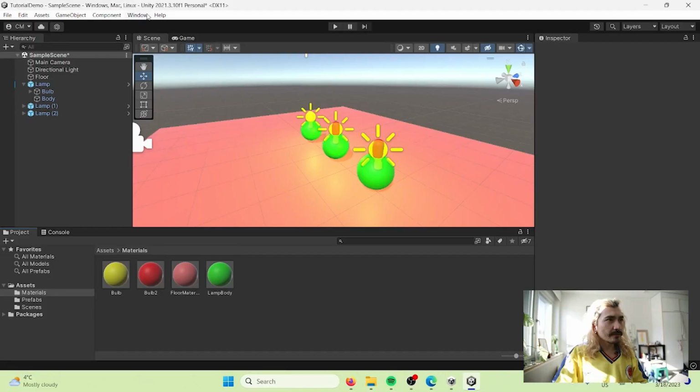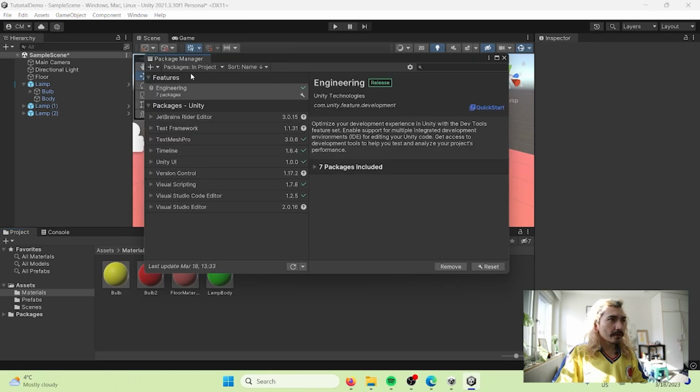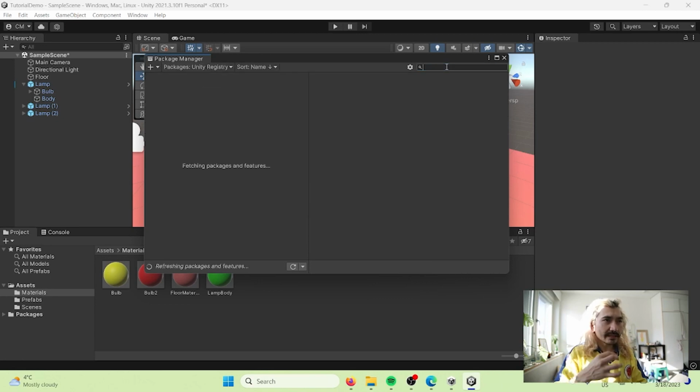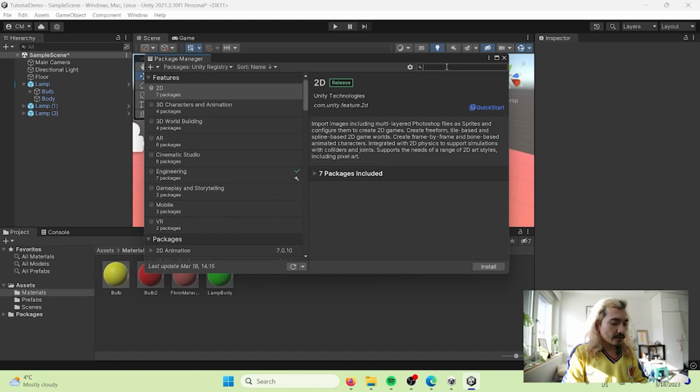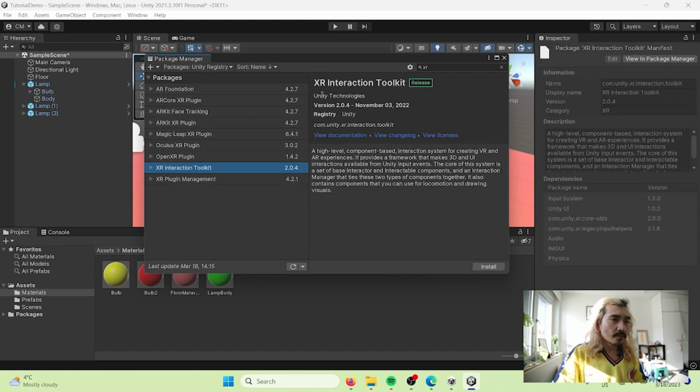Here we are in Unity. The first thing that we need to do is go to Window, go to Package Manager, go here to Packages. We need to go to Unity Registry, look for the packages that we'll be using. In this case, we are gonna use XR Interaction Toolkit. This is the most brilliant thing that someone developed because it makes it so insanely easy to use any kind of device, like a VR device, with Unity. So click install there. It's gonna take a while,